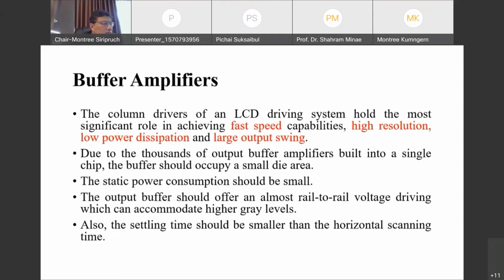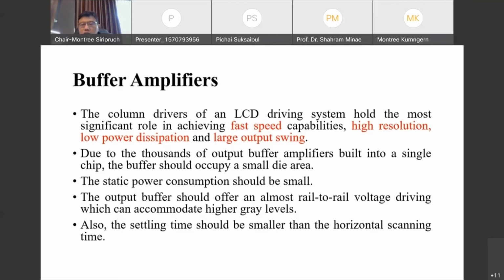What are the most important performance parameters of an LCD driving system? It is the speed, resolution, power dissipation, and also the output swing. The circuit should be as fast as possible. It should have as high resolution as possible, the power dissipation should be as low as possible, and the output swing should be as large as possible to obtain a high performance